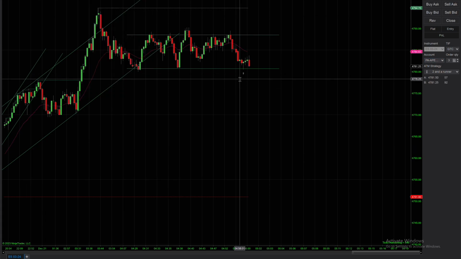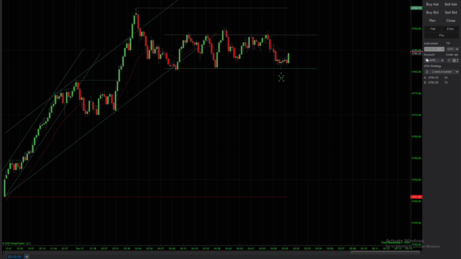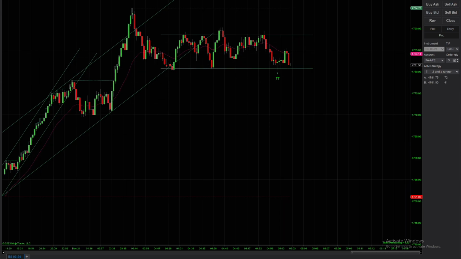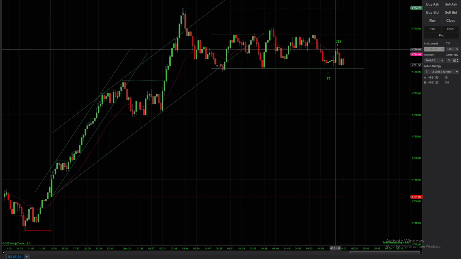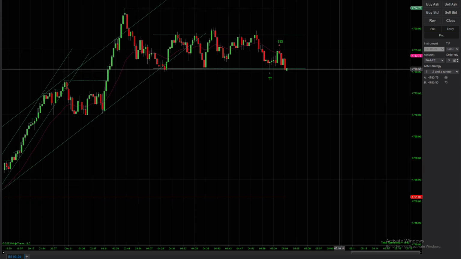So it was a good call, and it would have worked out for more, but it did end up coming back and stopping out the runner. In my opinion, that was a good trade, the triple test. Then from there, honestly, I missed a second entry short, right there. A beautiful second entry short off the EMA, and this one would have worked out for a while because it ended up going down into a fat downtrend.